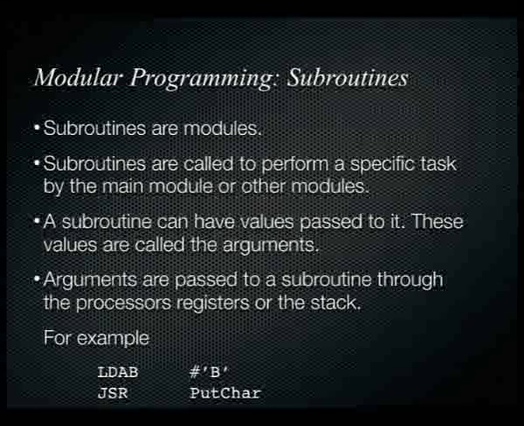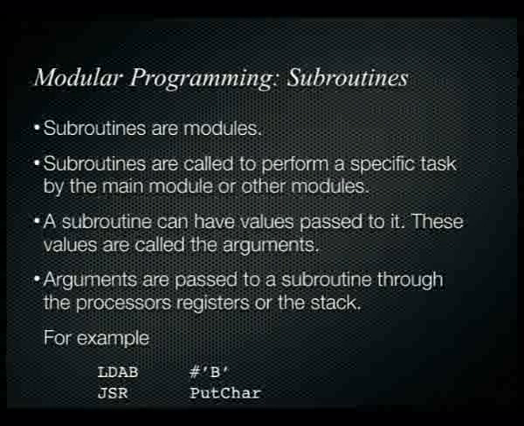A subroutine can have values passed to it. These values are called arguments. When it comes to passing arguments into our subroutines, we've got two main methods: we can pass data via the various registers of the processor, or we can pass data via the stack. Generally, it's easy to pass data via the registers of the processor. So generally, you'll load up a register in the processor with a particular value,